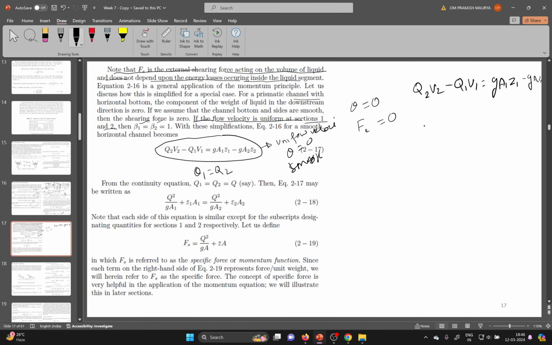Basically Q1 and Q2 are the same, Q1 equals Q2 equals Q. So if you put this side, Q v2 minus